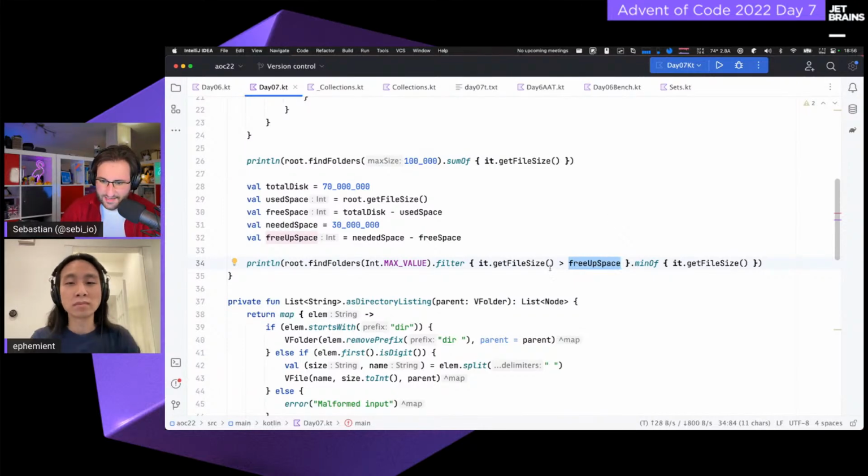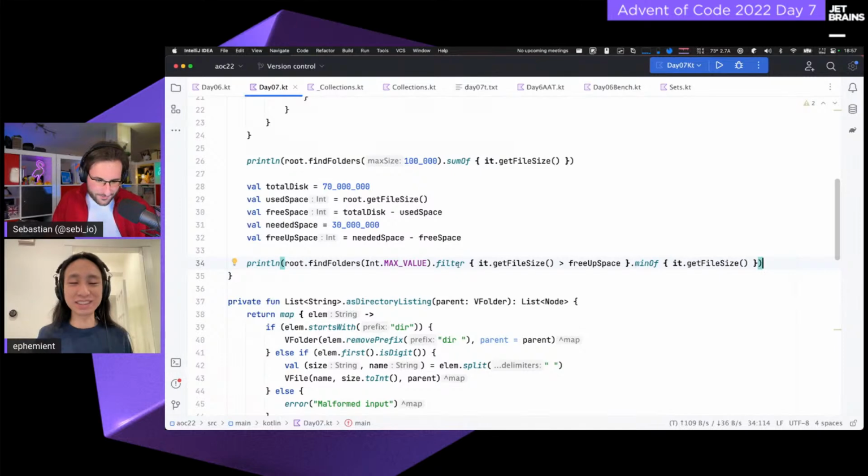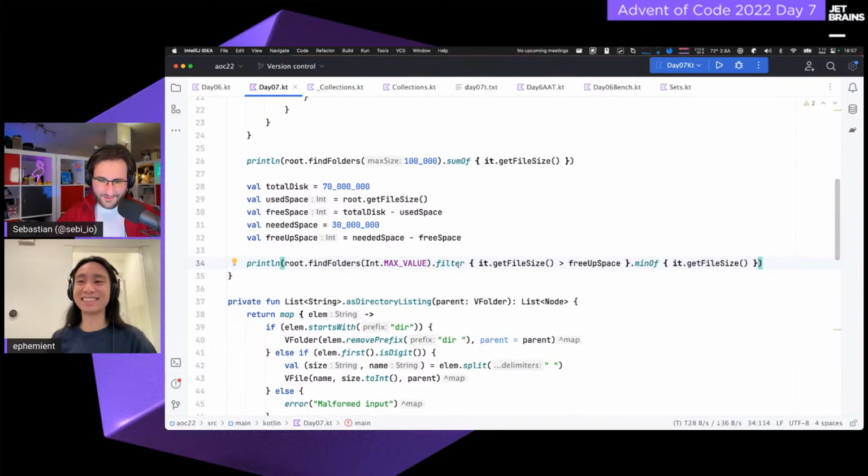I realized that most likely there's a nicer way to do this one where I don't call my recursive get file size function twice, but I couldn't be bothered, even though it would be a small refactoring. It's running in milliseconds anyways. So unless you are actually trying to optimize, it doesn't matter. Exactly. I was at the point where it's like, I'm 40 minutes into this. I gotta submit. I gotta get this done quickly now.